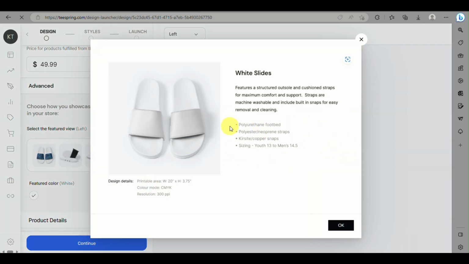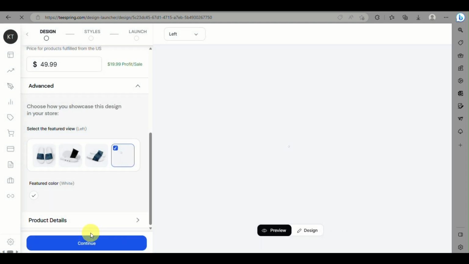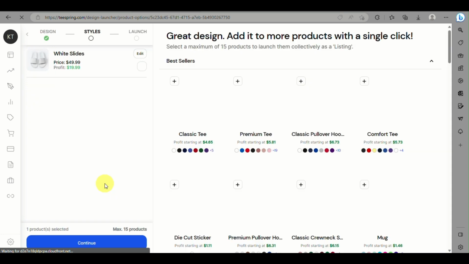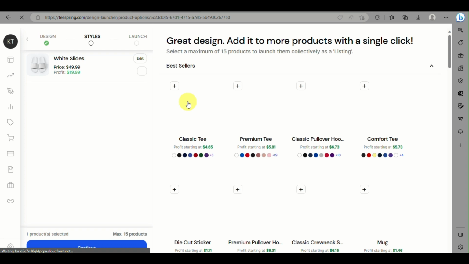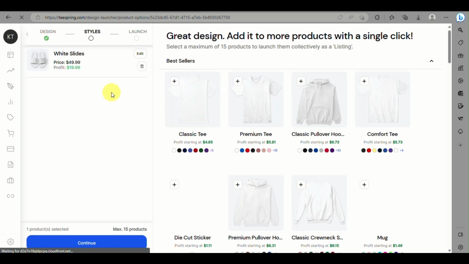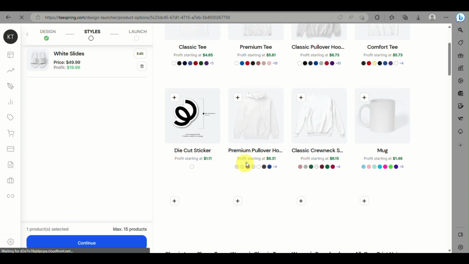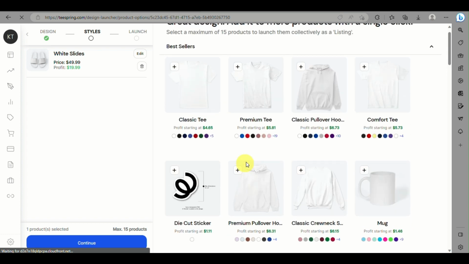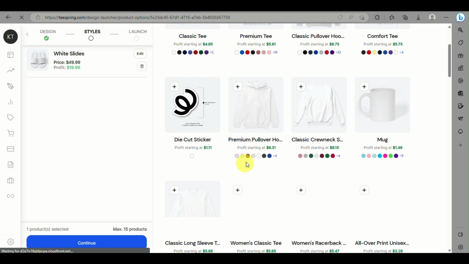And then here you just need to click on continue, and then you can also view the product details as well on what material is being used and what are the sizes available. So just click on continue here, and you will be routed into this page where you can also add your design into other products as well. So you can input it to a mug design or a hoodie, sweater, classic tees, comfort tees, classic long sleeve tees. So a lot of designs that you can add, but I'll just leave it as is with the slide itself. So just click on continue,